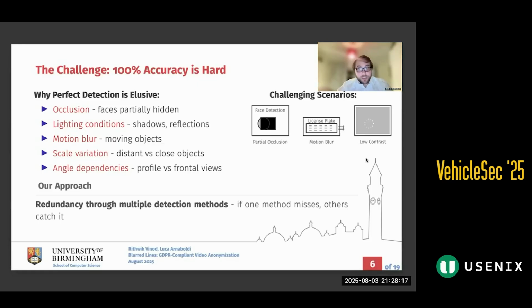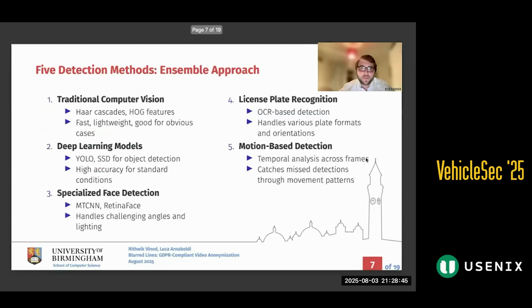And so what did we do? We knew that we had to have multiple detection methods. We couldn't afford mistakes. And so we had several layered approaches of detection. Not only that, we had layered approaches of blurring in case we had any doubt that we were covering the full face, for example. So we over blurred or over anonymized just in case. Because once again, in this case, you can't mess around. We'd rather have a worse video than not protect a PII.